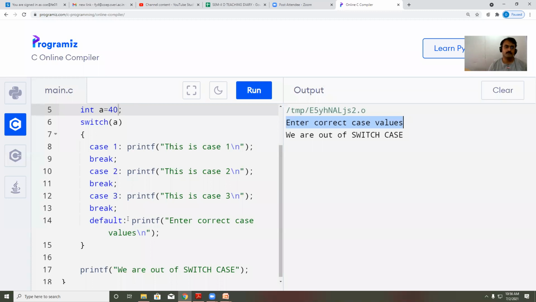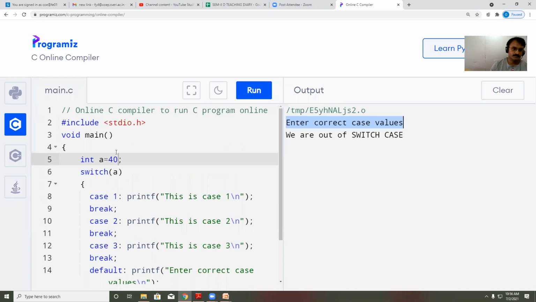Yes sir. Okay, now I'm going to take the value for this switch case variable from the user. Okay, before that, say I'm having a is equal to 1.